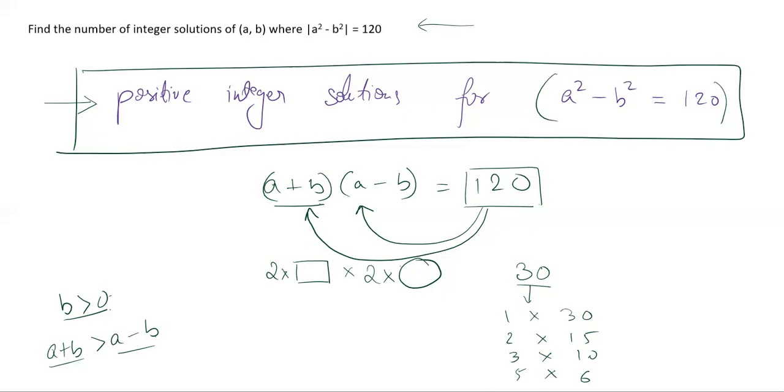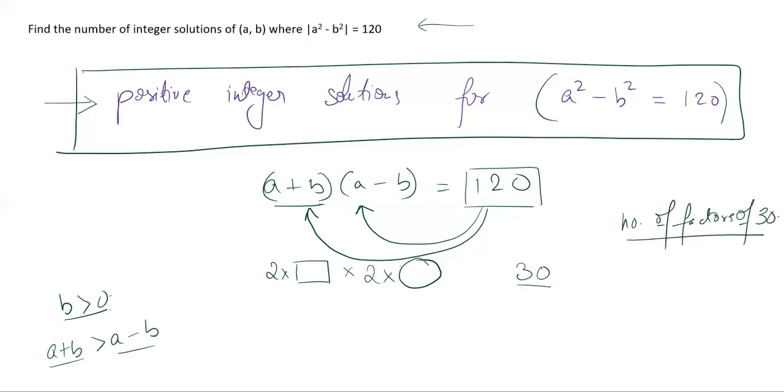So basically what we can conclude is the number of solutions for this particular example will be the number of factors of 30, so this is plural, half of that, because half of that can occupy a plus b, and a minus b is automatically forming, so we don't care about that. Or you can take a minus b as the precedence, but whatever it is. So you have always half the number of factors of 30 occupying one of the positions, right? So this will give us the number of positive integer solutions of a square minus b square equal to 120. So the version that I discussed.